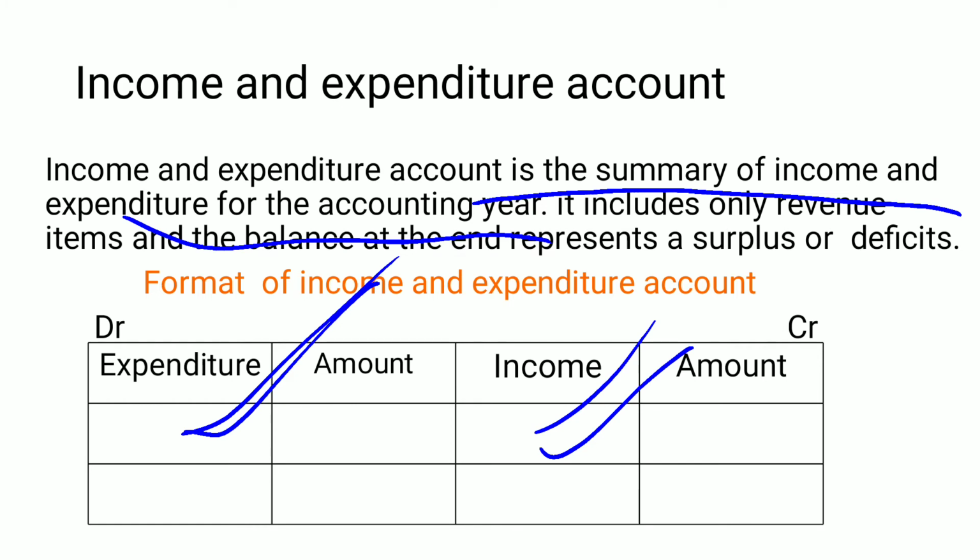If in a transaction we have the information of current, past and next year, that is succeeding year, income, and the total amount is given, then you must deduct the past year and next year related revenues or expenditures, adjusting them with the total amount, so that you can record current year inflows and outflows, incomes and expenditures. Okay, so debit side expenditure, credit side income. In the amount column, the concerned amount is recorded in front of that item.